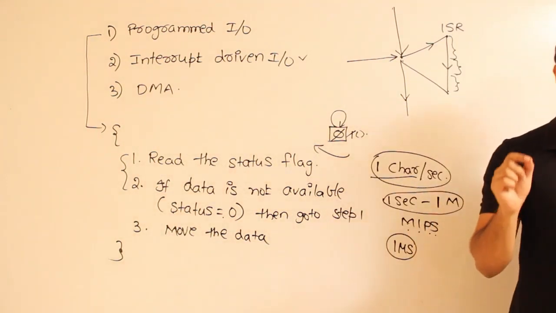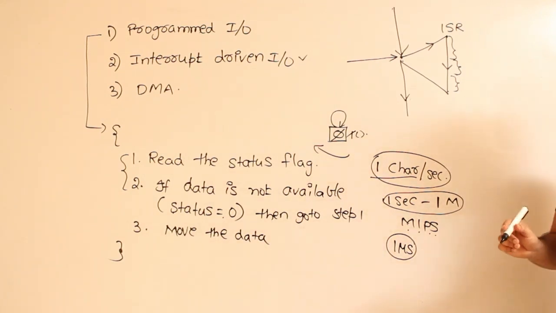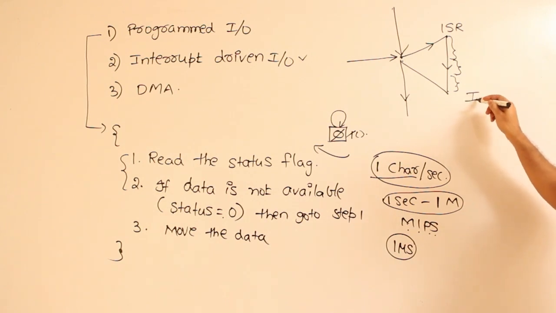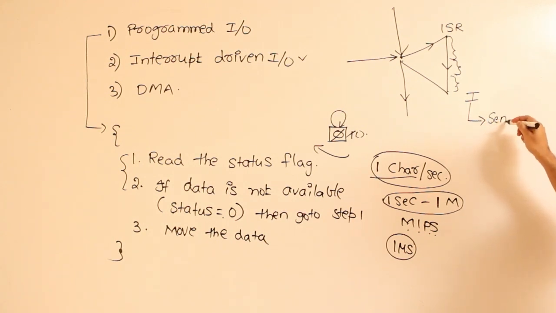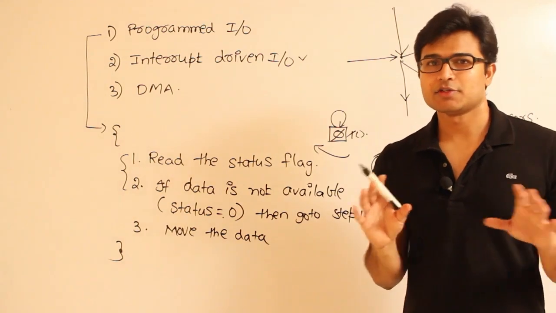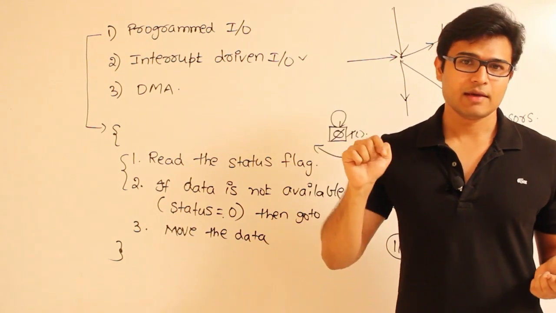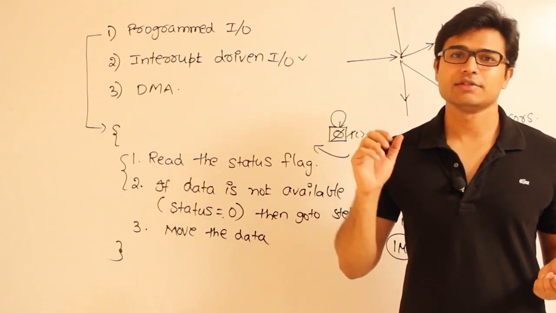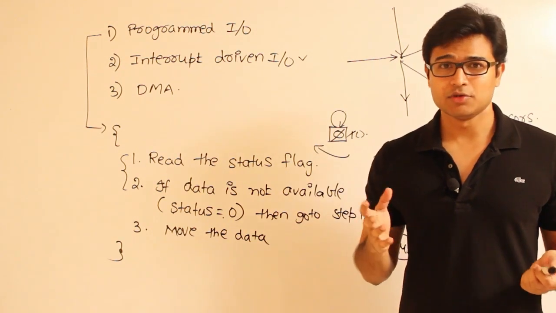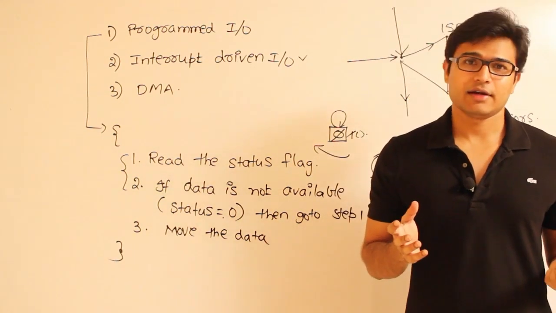Let me tell you briefly about the various reasons we might get an interrupt in general. If you are looking at the interrupt, there are various reasons we might get the interrupt. Sometimes it will be triggered by some sensors. To tell you an example, let us say your program is executing something, your system is on and something is going on, and suddenly you press the power button and try to shut down the system. When you suddenly try to turn off this computer all of a sudden, right, then